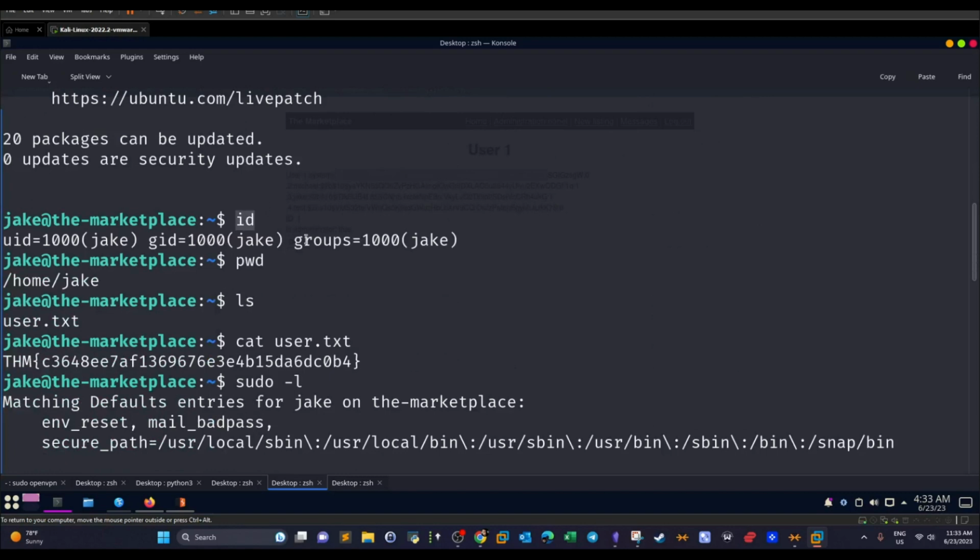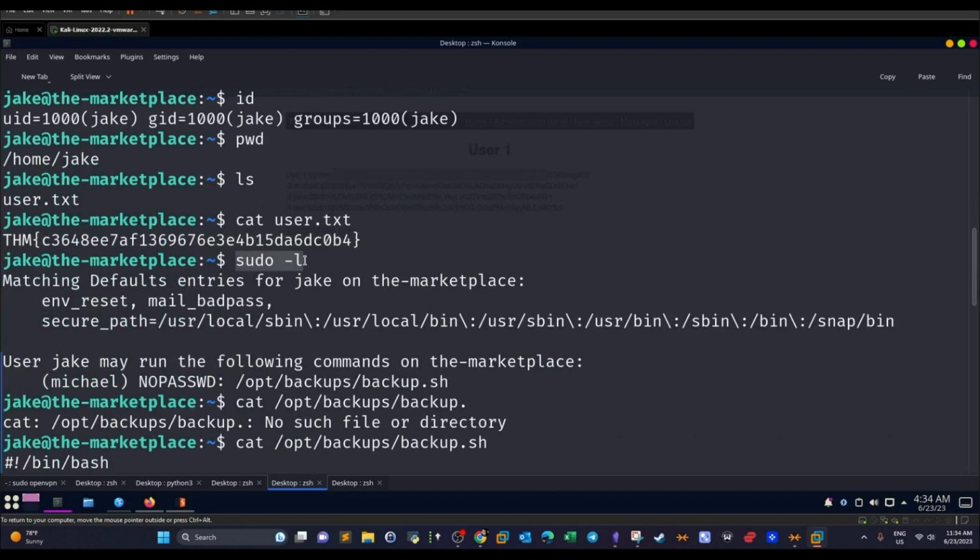All right, I'm placed in the home directory of Jake and I can retrieve the user flag. The next step is to conduct privilege escalation. Without resorting to automated tools, we can save time and run some manual commands like this one, sudo -l. We see what kind of privileges Jake is assigned. We want to see what commands Jake can run as sudo, or in privileged mode. We discover that Jake can run this backup script as Michael without the need to supply the password